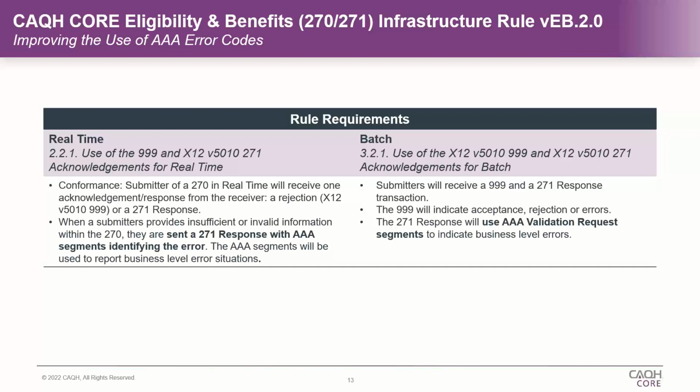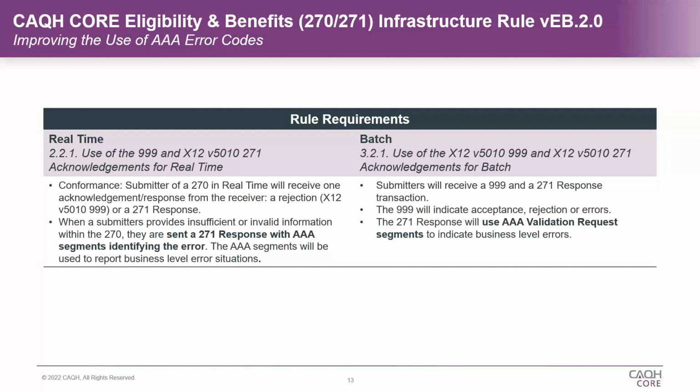We do have even higher level types of errors, a 999 error that is generated for very specific reasons. These are types of acknowledgments that can be used either for rejection, an acceptance, or an acceptance with error as well. So these types of interactions at the X12 level take place today. Hopefully you're receiving those types of transactions. And then the 271 response can also send back very specific types of errors. Maybe, Donna, do you want to give a quick overview of how this works today with 271 coming back with errors?